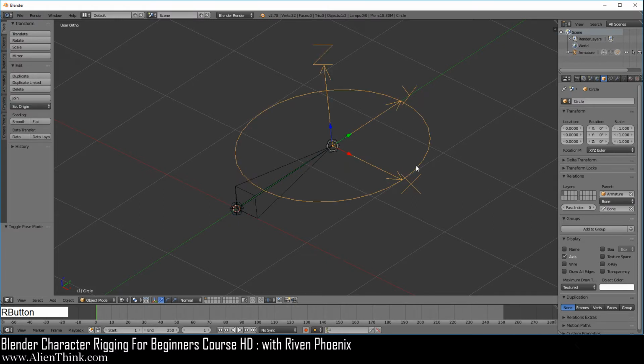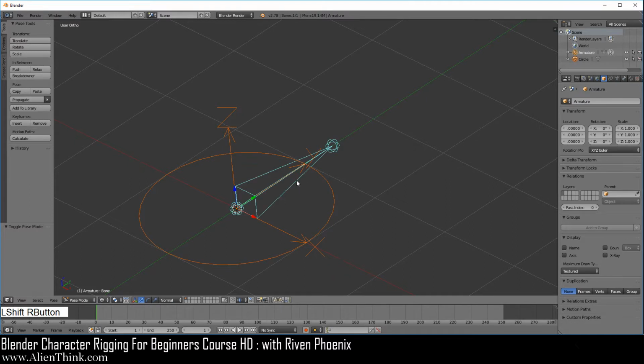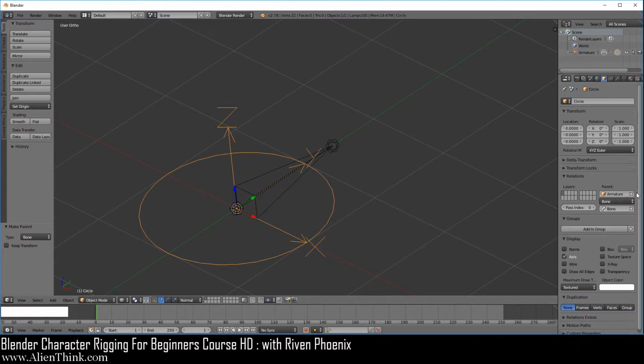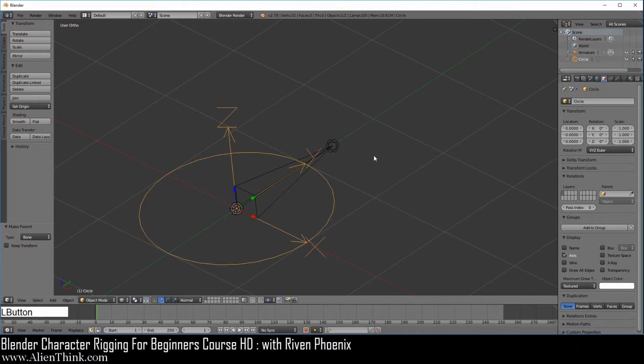So now when you click on this and X this out, right? Now if you click over here, press the Shift key and click on the bone, do Control P, it's going to keep the offset. But if you click over here, and let's say in this case we'll just X it out, we'll just do armature, bone, and bone, it's going to jump over here. Okay, let's actually X this whole thing out.